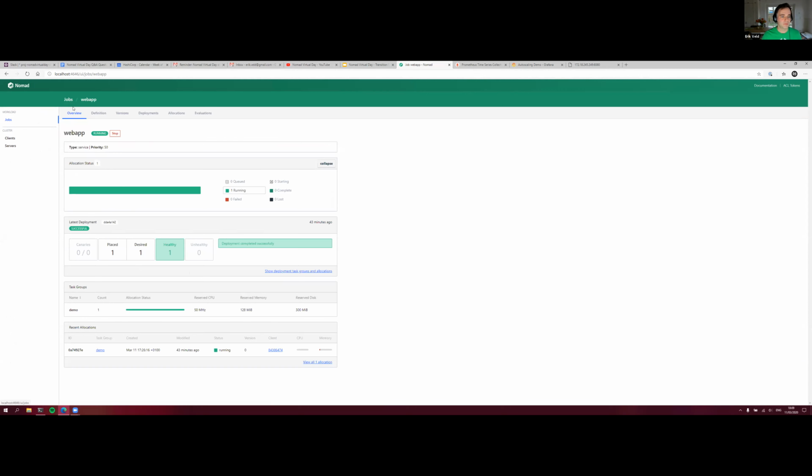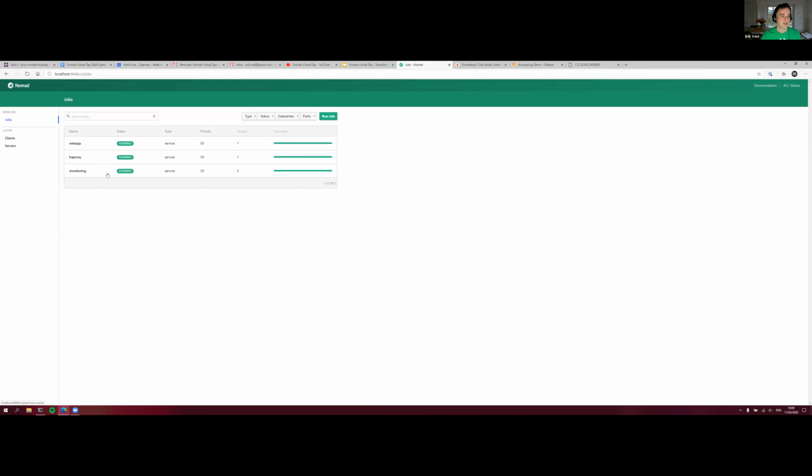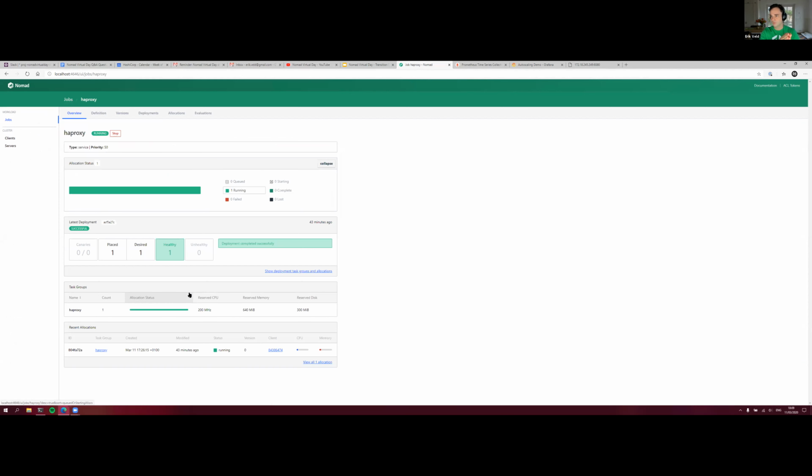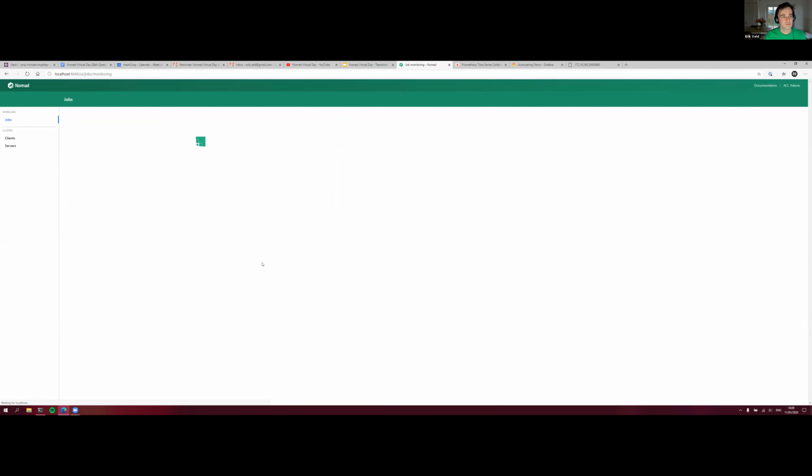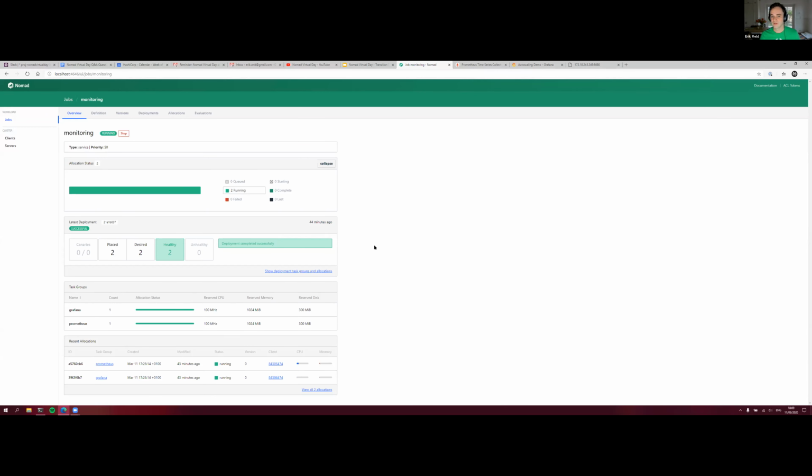And this web app, currently one instance, is being fronted by an HAProxy. So when we start scaling it up, we will actually load balance between these instances. And then besides HAProxy and my web application, I'm also running Prometheus and Grafana on Nomad right now. That is so we can query Prometheus and then start scaling on that later.